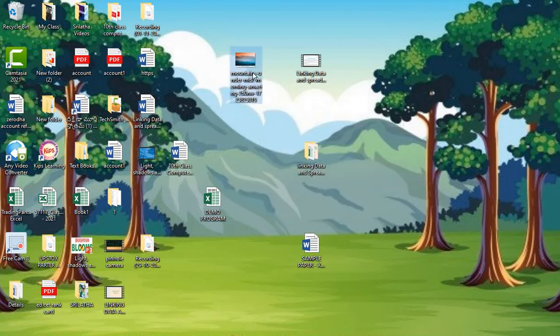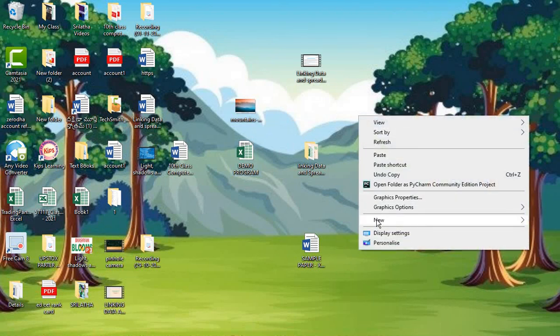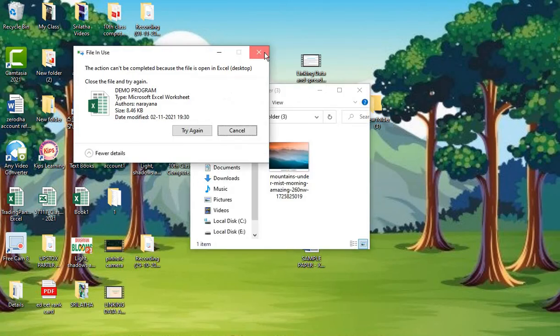just now I told you, if you want to apply a relative hyperlink, you have to save those files in the same drive, or you may create a new folder like this and save those files in that folder.